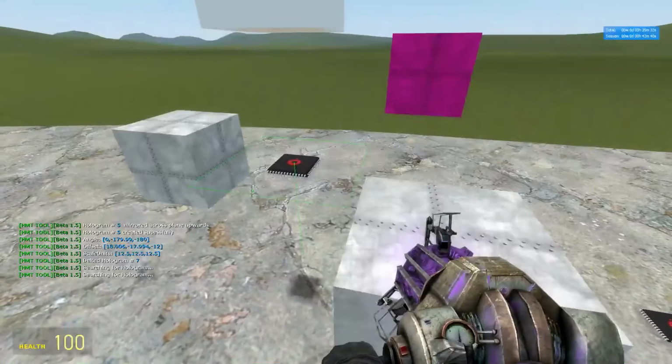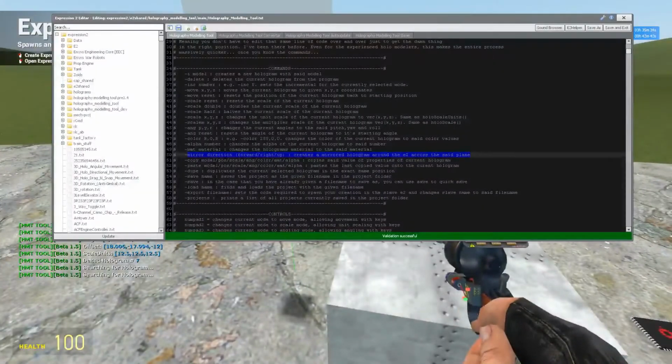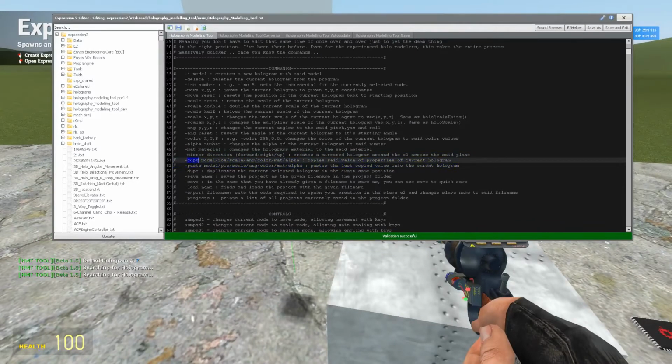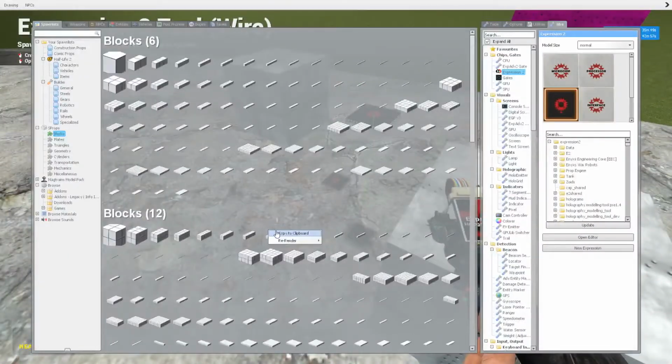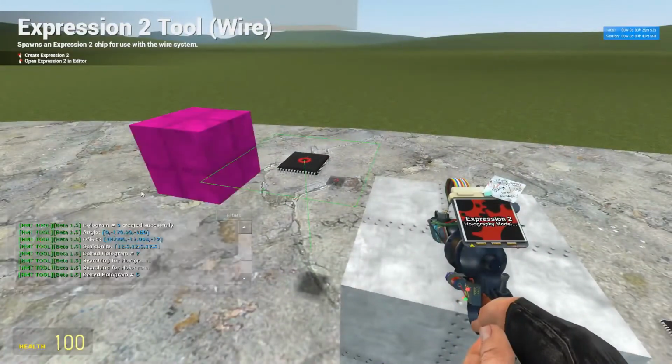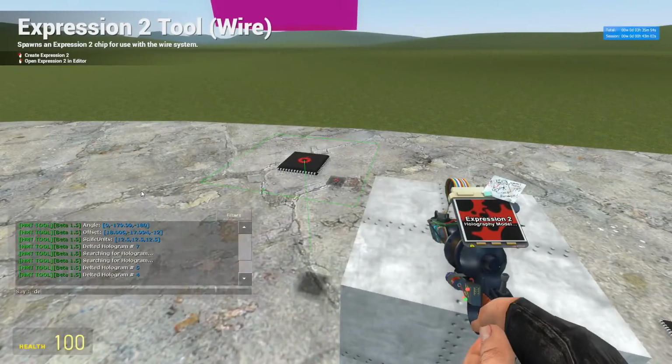Okay, so those are some of the most important commands that will really help you speed up creation. Copy and paste also really help. You can copy anything from model, position, scale, angle, color, material, and alpha. So say we created a new hologram, let's just wipe some of these up. So let's create a new hologram